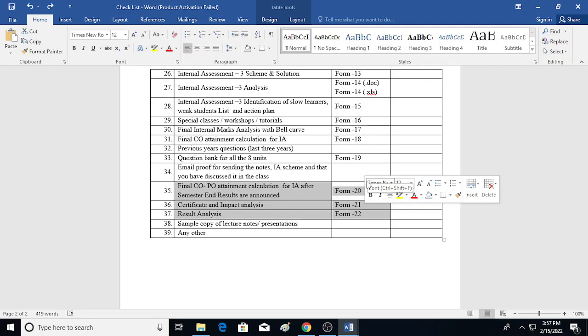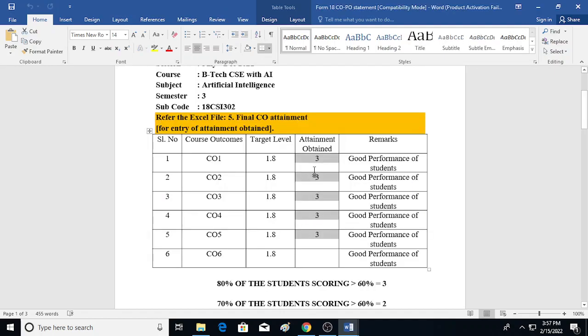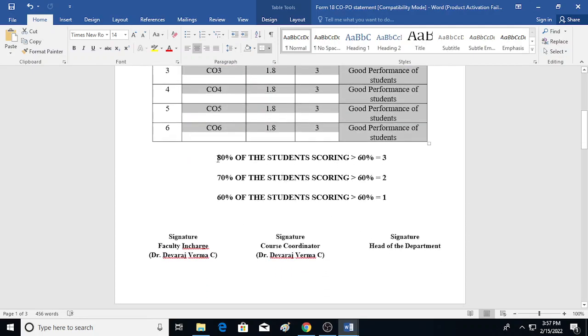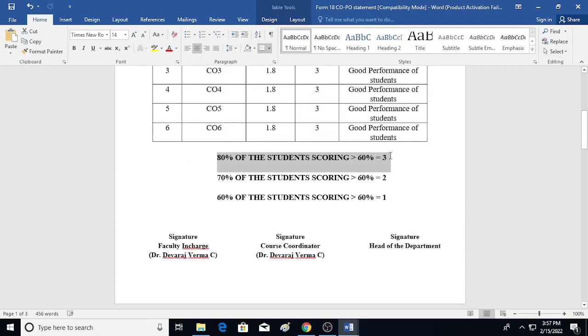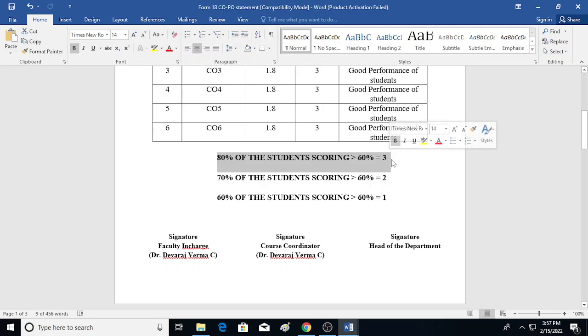Before that, whenever you have completed the subject and your students have appeared for external exams, but the exam result has not yet come, you are supposed to be ready up to this level. So this is an example for this particular subject. Here you are writing the CO attainment level, how much they have attained, the students' COs and output and all these things. So 80% of the students scoring more than